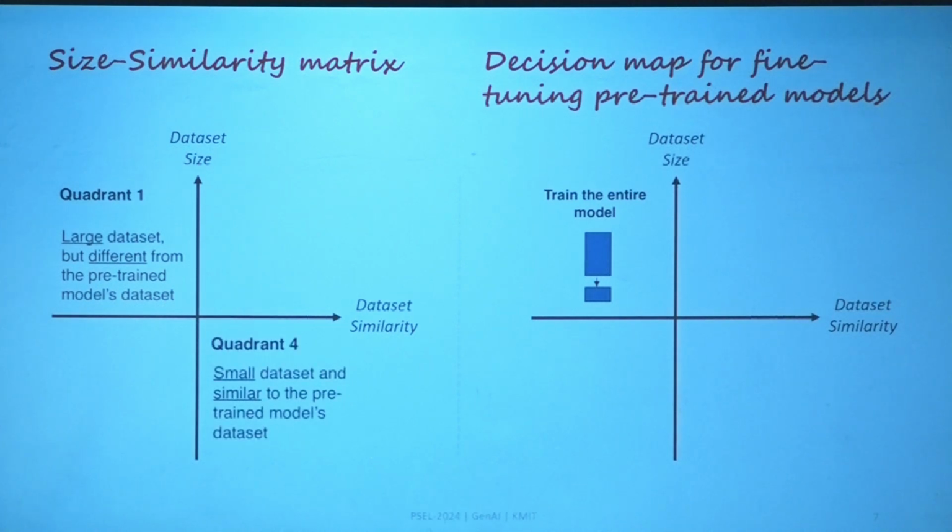The second case, quadrant 4. This is the case of a small data set that is similar to the pre-trained model data set. This leads to strategy 3. So what is strategy 3?